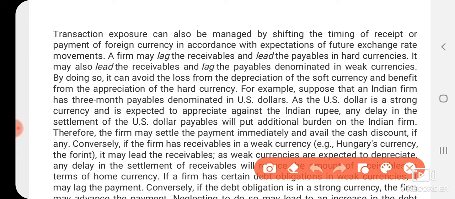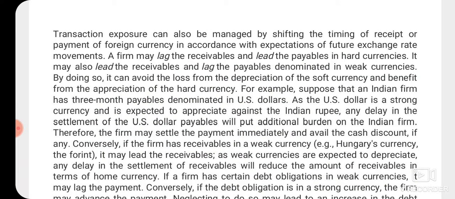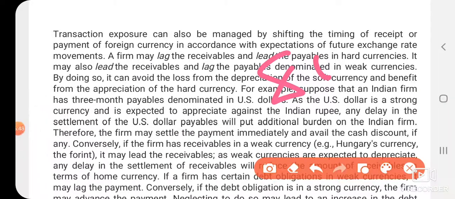So in such situations, for example, now we are in the month of December and we have agreed to settle in March. Settling in March means the dollar may appreciate, and automatically we will get the losses. For example, now it is 72 rupees; it may become 80 rupees in March, we don't know.